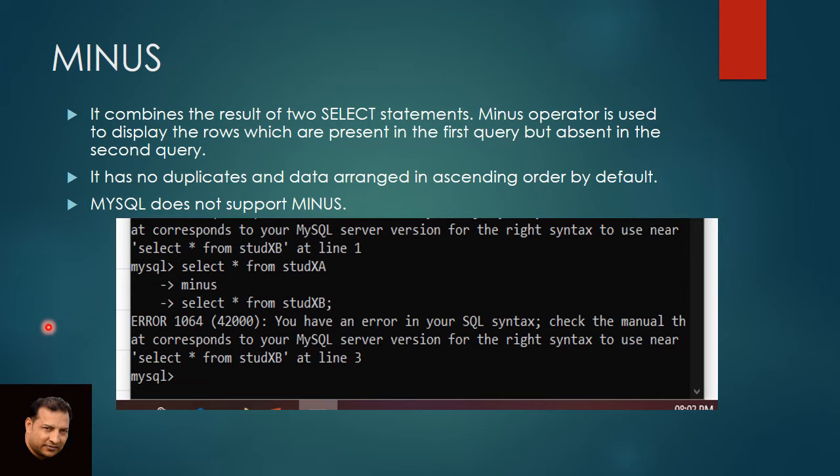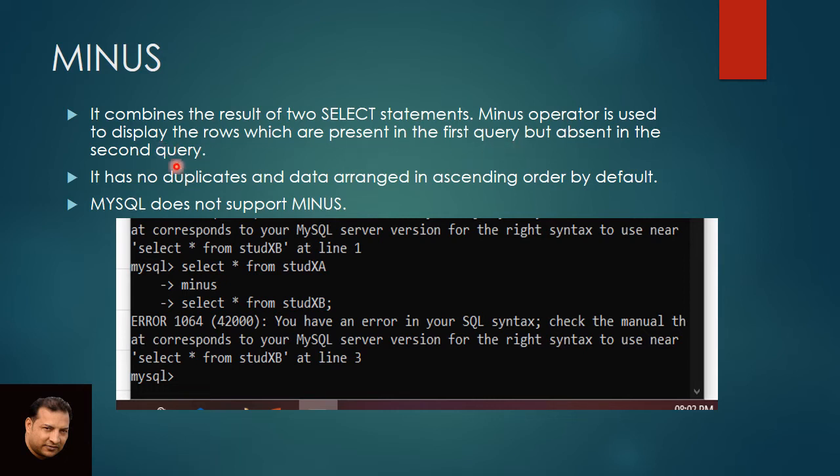For example, we have two tables A and B. A minus B means all the data of B which is in A will not be retrieved. Similarly, B minus A means all the data of A which is in B will not be retrieved.